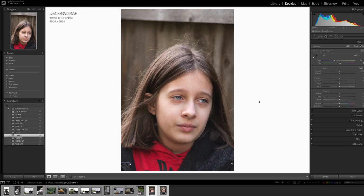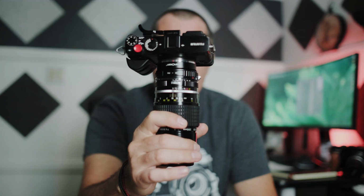Guys, this is pretty much it. These are all the photos that I wanted to show you. I hope you enjoy them. I hope you will love this lens. So yeah, this is the 200mm f4. I'm impressed at how good this lens performs on an APS-C sensor,